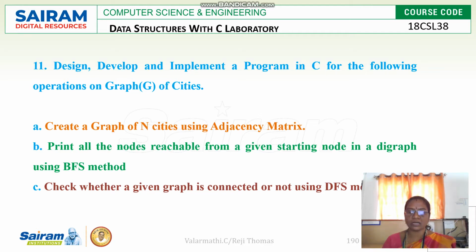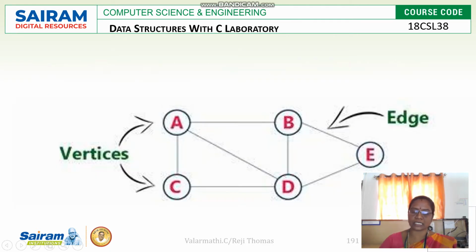BFS is the breadth first search method. It is one of the search methods. How the graphs are connected, based on the terminologies and definitions, this searching method will go ahead. Then another method is DFS. DFS is nothing but depth first search. So these are the two important searching techniques involved in the graph data structure. I hope you understand. Before going to see the programs, first we should know the meaning of graph.